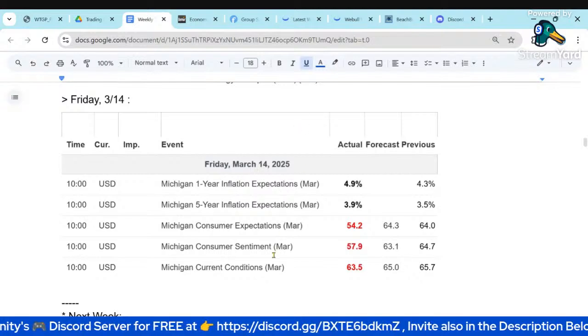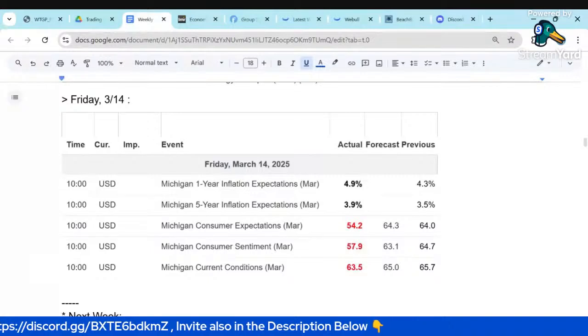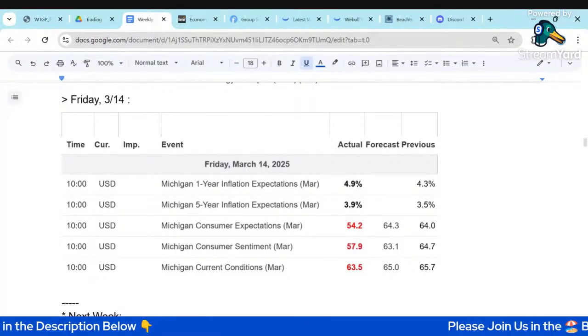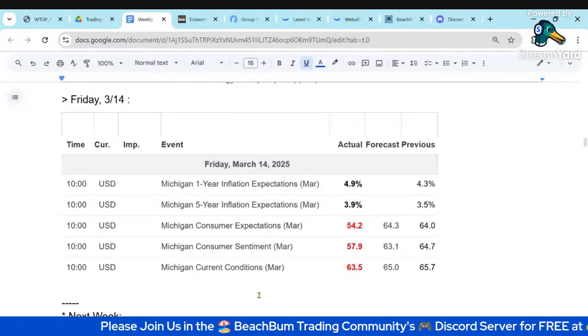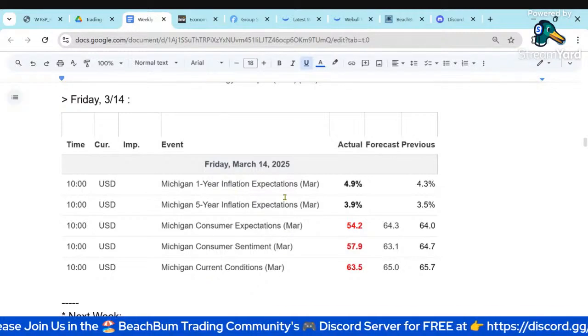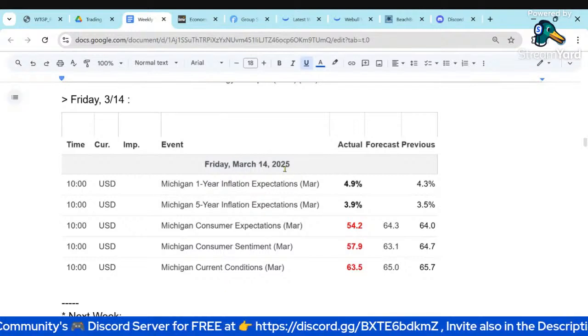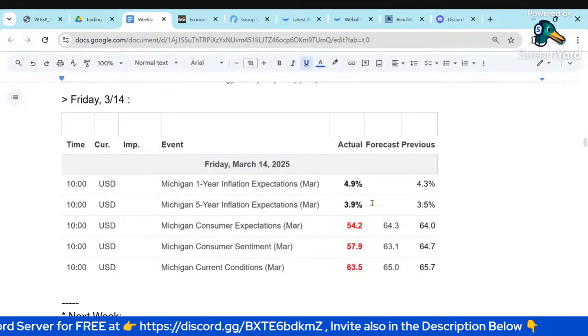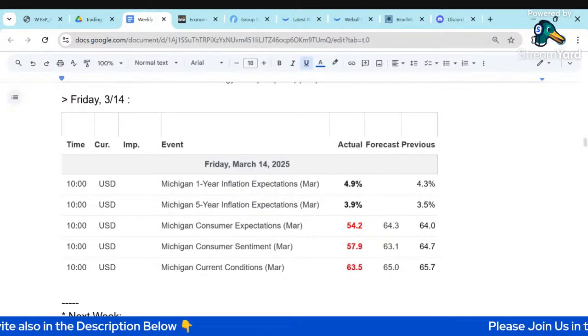And even though we got this very negative data from the consumer standpoint, the market rallied. So again, the market's moving contrary to the data we got, which is a little unexpected, but probably due to the bearish sentiment. This is going to be concerning to the Fed. They want inflation expectations to be anchored with the consumer, and the fact that this is going up again will be a negative, and possibly again a reason they'll want to stay higher for longer.